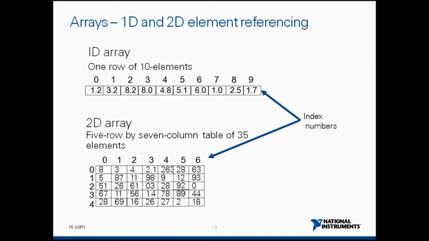And if I want to use this element of 4.2, or data point of 4.2, I will not directly use 4.2, I will reference or extract it using its corresponding index number, which is 4. And index always starts from 0. So whatever the number of your element, minus 1 will be the index of that element. This is in case of a 1D array. In case of a 2D array, similar case, these are my data points. In order to reference the data point, say 98, I will use row number 1 and column number 3. So 1, 3 is actually my point 98.